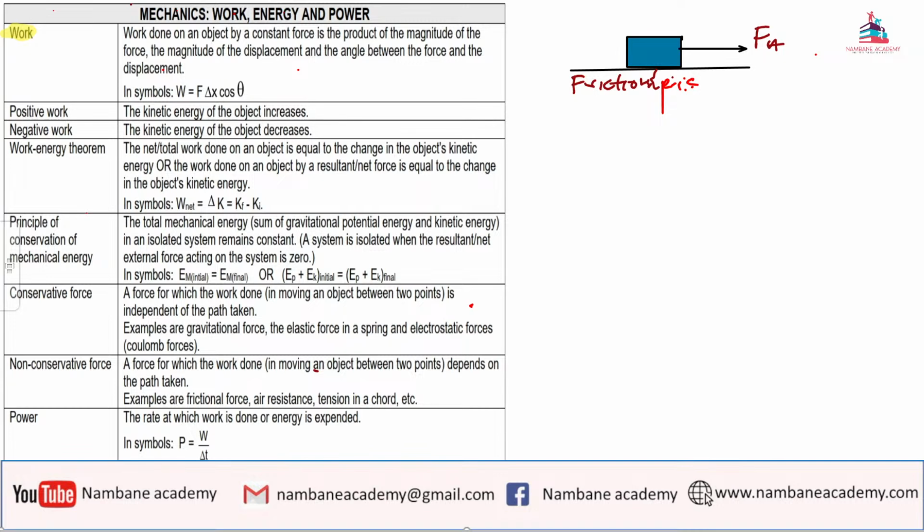So now we know that this object will move in this particular direction, and this direction is what we call the displacement. So the angle between the force and the displacement is what will necessarily tell us whether we are going to have positive work or negative work. I will explain that. We say if F applied, or if force